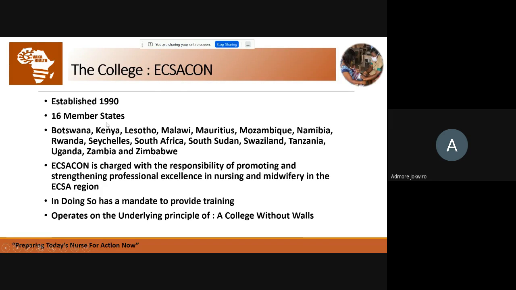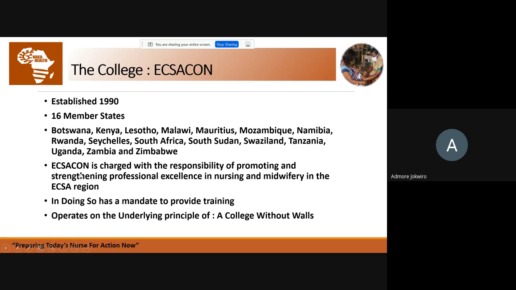It has 16 member states, which are shown on this slide here. And it is charged with the responsibility of promoting and strengthening professional excellence in nursing and midwifery in the ECSA region. So ECSACON is an implementing arm of the ECSA health community. The ECSA health community includes other colleges like ECSACOG, COSEXA, CANEXA,